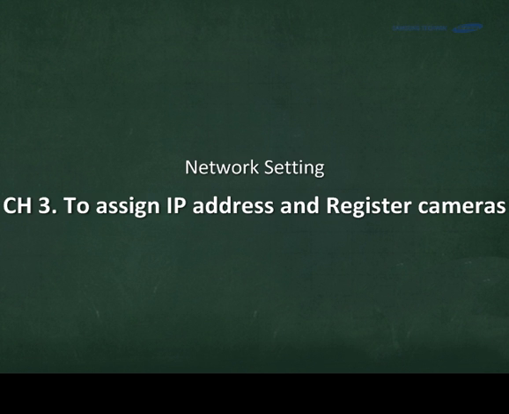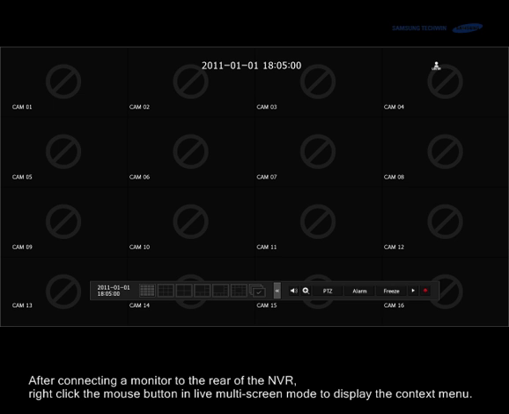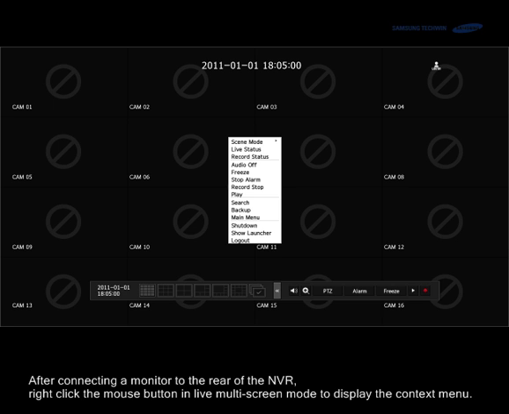Chapter 3. Assigning an IP address and registering the cameras. This section details how the network addresses of the devices are connected to the system and are configured. After connecting a monitor to the rear of the NVR, right-click on the mouse button for the live multi-screen mode